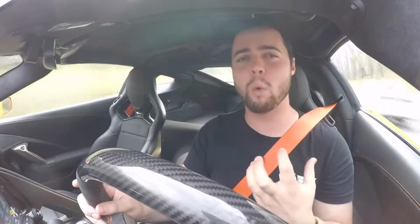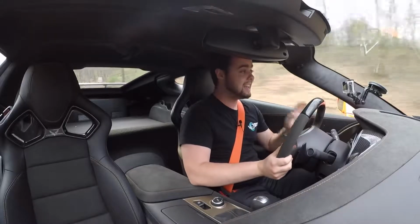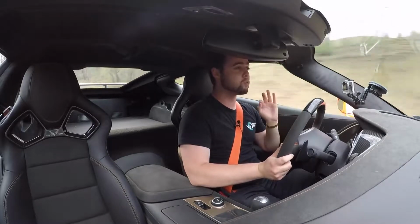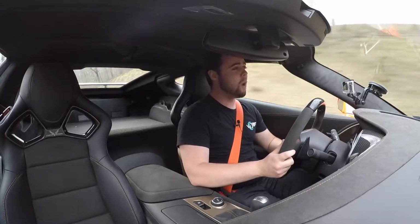The steering feel in the ZR1 is fantastic. It's nice and heavy. It feels precise and direct, making the ZR1 feel nimble and easy to dance around the track. It actually set the Virginia International Raceway lap record, going around the track 1.4 seconds faster than the new